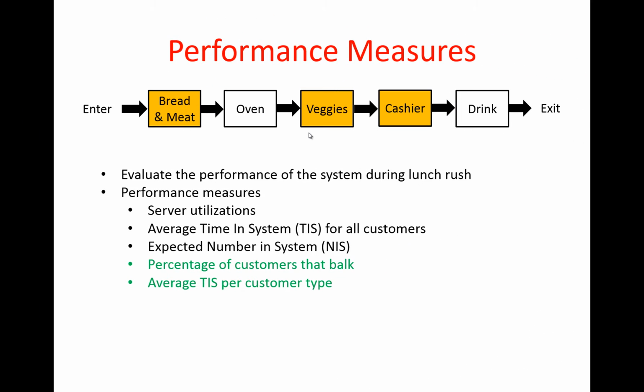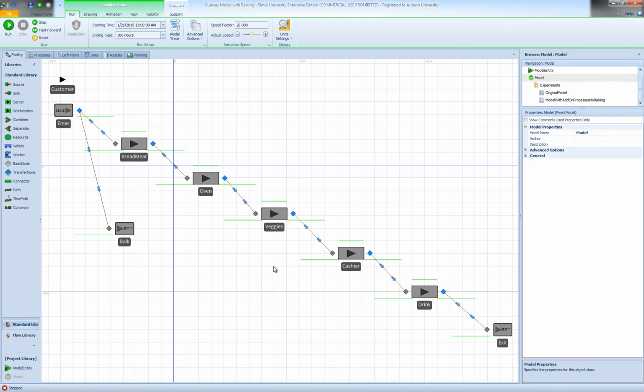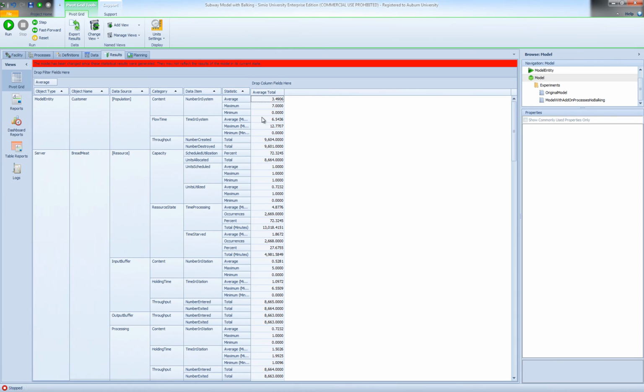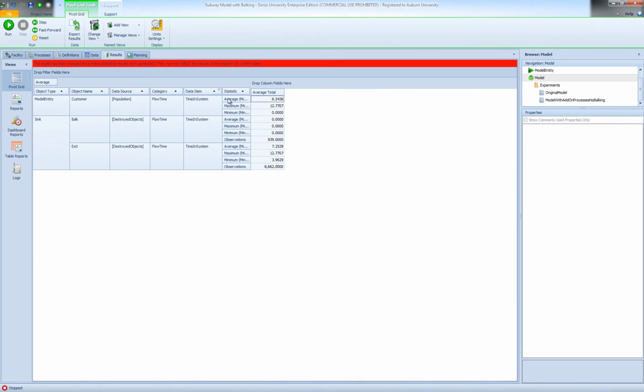So now that we have implemented the bulking logic, let's go ahead and estimate the two performance measures. We're specifically interested in the percentage of customers that bulk and average time in system, but this time per customer type, per hot and cold customers. So I would like to talk about the second metric real quick first. So I need to go back to my model, and I would like to show you the results of an interactive run that I have performed for 300 hours. And what I'm interested in is the time in system,